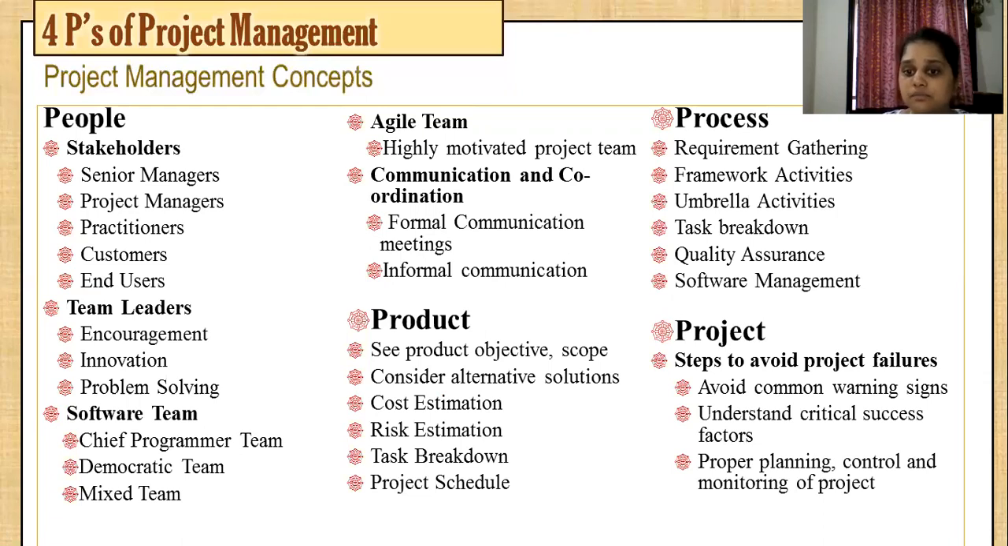Next is project. Project is nothing but steps to avoid project failures. You can handle any failure that is coming in a project by avoiding common warning signs, by understanding what the success factors could be, what proper planning is, how you are supposed to control, track, and monitor the project, and what are the ways in which you can stop project failure. What kinds of risks are going to come, and what kind of mitigation efforts you are going to take for minimizing the risk, avoiding the risks, or solving any risk that is coming, or if a risk has already occurred, what measures you will take to come out of the risk. So all these are the 4 P's of